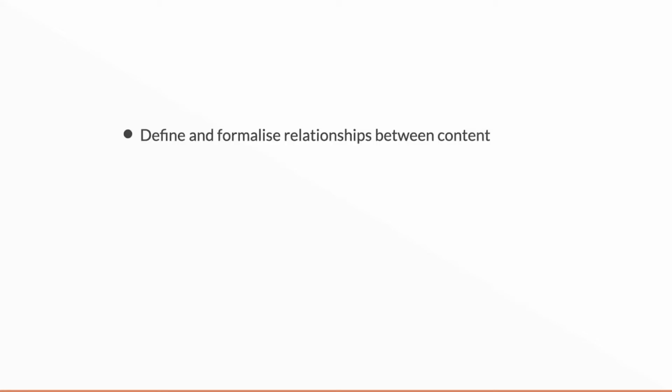Other reasons, it helps us define and formalize the relationships between content, which is going to guide us in the future. Actually really helps your content strategy, because to be included in the model, something needs to be important enough. We're not going to put lots of energy into including it in the model, spend time on it when it doesn't need to be there. So it's a way of actually stripping out stuff that doesn't need to be there. And I mentioned stakeholders being involved in looking at content models early on. It helps them often to understand the scale of what's going on and the priority of different types of content as well, when you can see the important things in the center of your model.